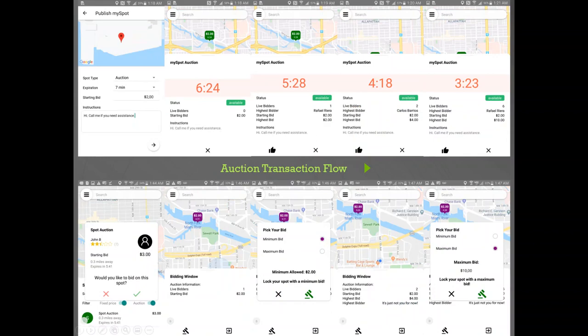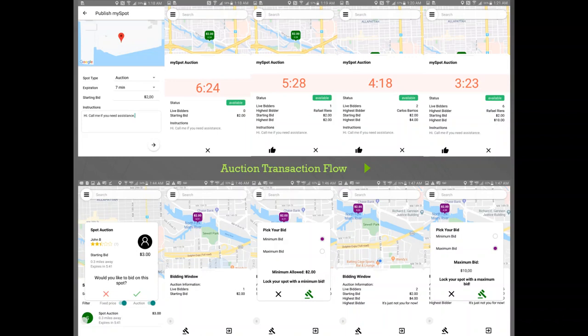This is the equivalent, but for the auctioning system. For the provider, in this case, it's going to be similar, which is at the top, but you're going to have some more information on your drawer, which is going to show you the highest bidder as well as what was the starting bid and the highest bid. You also have the option to end the auction early if you wish.